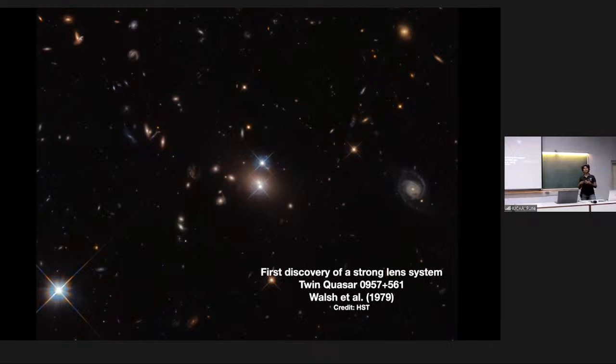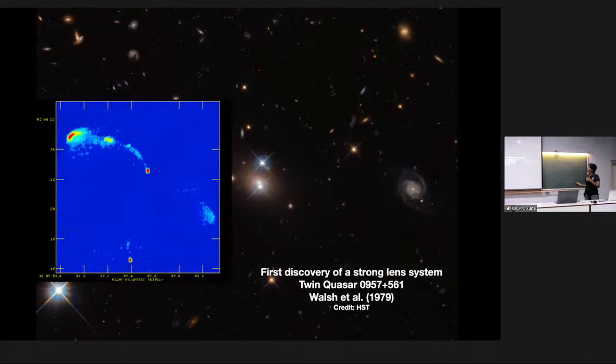And so, even though they imagined this to be a lens, given the large image separation, it was kind of confusing whether this is really a lens system or not. And so this in the background is an optical image, whereas this is the radio image of the same system. And this further adds to the